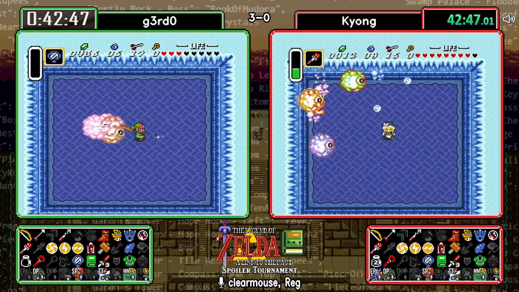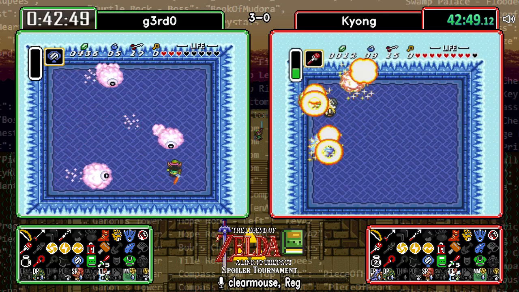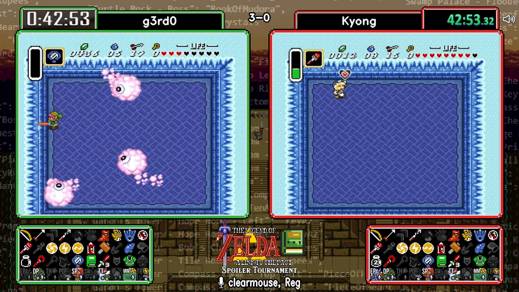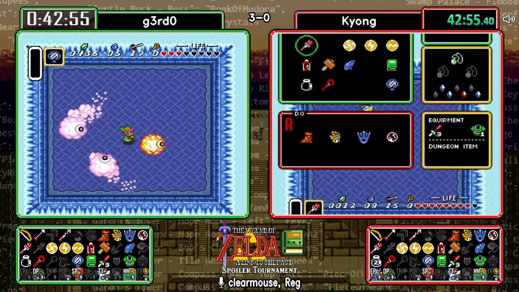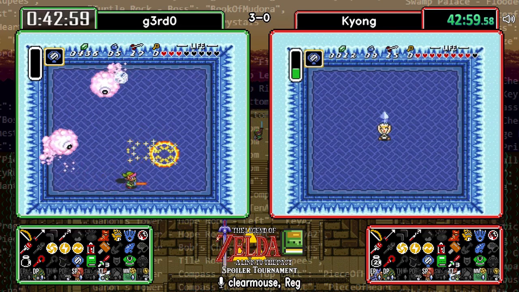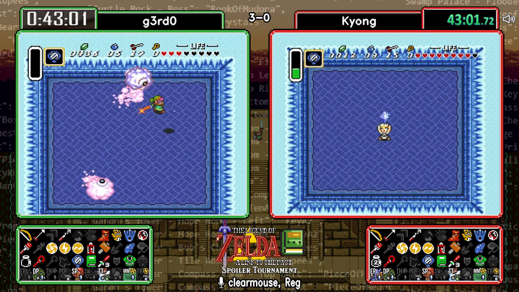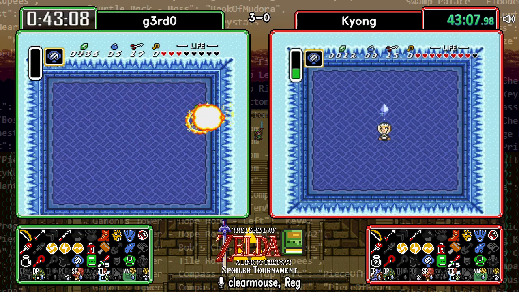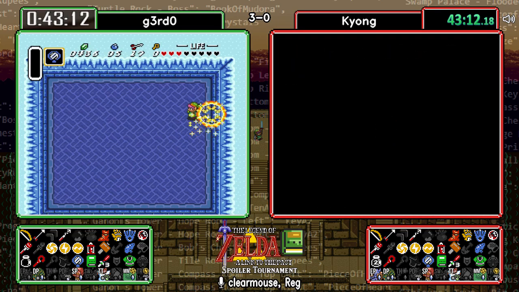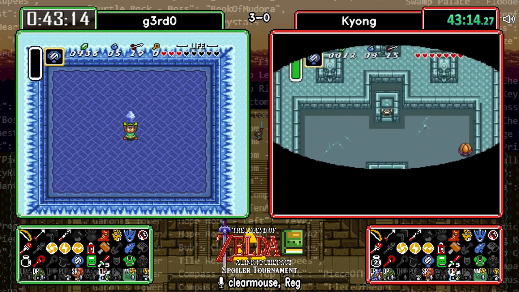I think he was trying to pause buffer the dash poke there to switch to mirror so that he could get out. But because he took the hit there, it turns out Kyong's fight is significantly faster with the Bombos Fire Rod combo. Yeah, I think g3rd0 used his red potion earlier, so he does have to be careful. But he still gets Kholdstare down. Yeah, he did get it down,